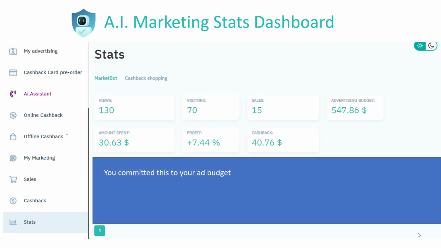So the first thing to look at is what you've committed to your advertising budget. So you can see here, this is your advertising budget, and this is what you've committed. I've committed $547.86. And by committed, what I mean is that that money is now in a protected pot, and the advertiser, AI Marketing, have got that money. That money's not coming back to you. You can't withdraw it. It's your protected pot,